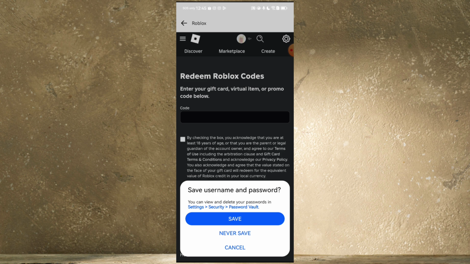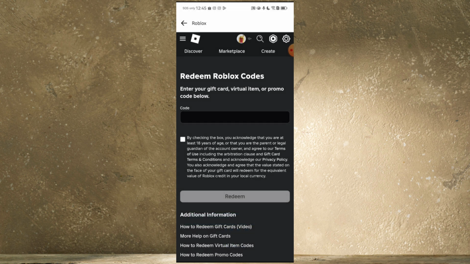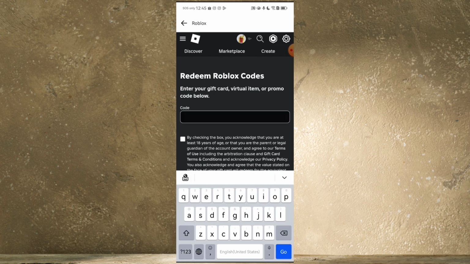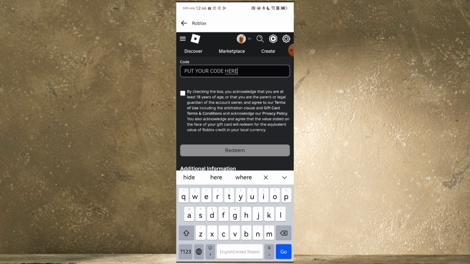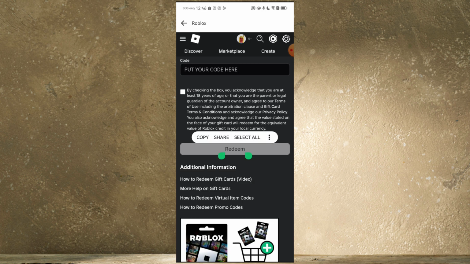Now that your account is logged in, you're going to go ahead and redeem the code here. And then after that, you're going to go press redeem. And there you have successfully redeemed a Roblox gift card from